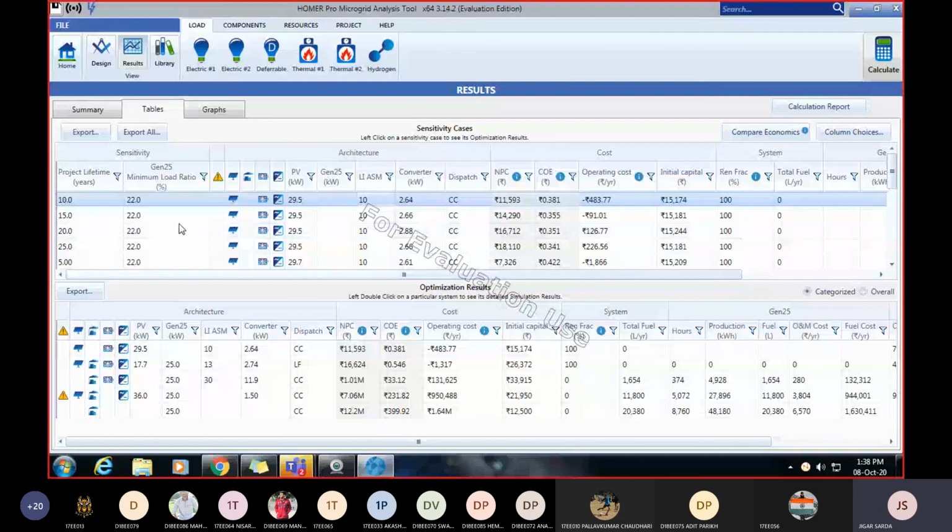It is a very good software and very widely used in the USA and other countries. There are many research papers, and many webinars have been done related to HOMER Pro software.